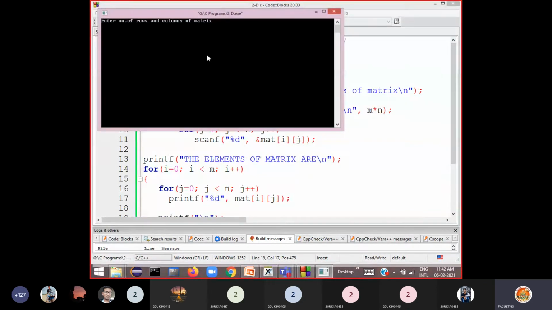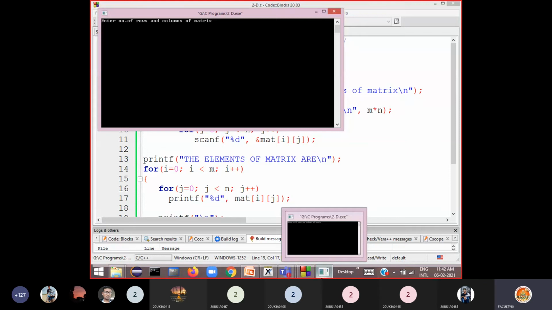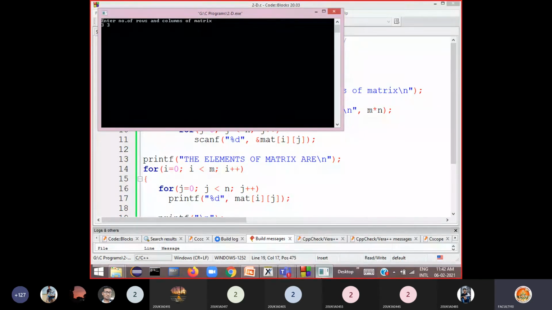Now see, enter number of rows and columns. Say for example, I enter 3 rows and 3 columns because I have provided 5 by 5 size. Okay, now it asks enter 9 elements of matrix. Okay, so I am entering 9 elements. Say 1, 2, 3, 4, 5, 6, 7, 8, and 9. Now you can enter the numbers in a row, no problem. Okay, but internally it will be stored in the form of a two-dimensional array, and when you print on the screen it will be printed in the form of a matrix.